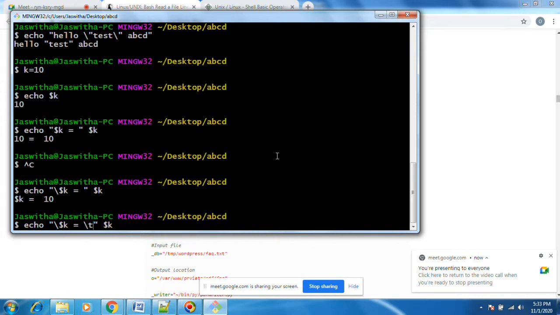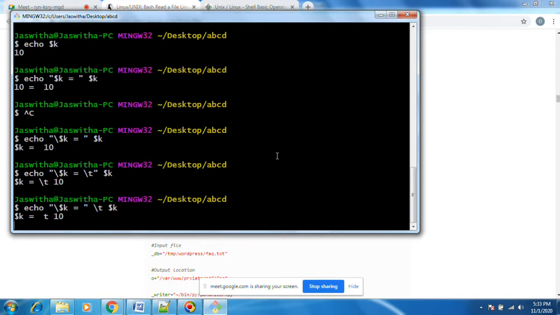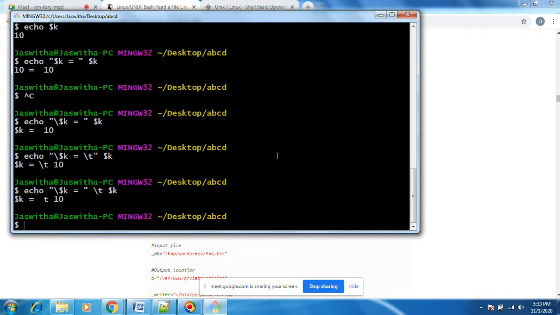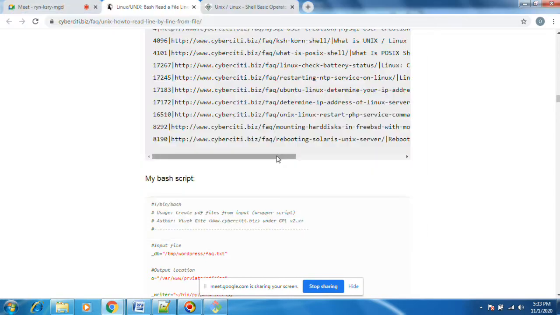Some space. No, slash t is not working in Python or Java. This slash t is also another escape character. Okay. You can stick until this one.